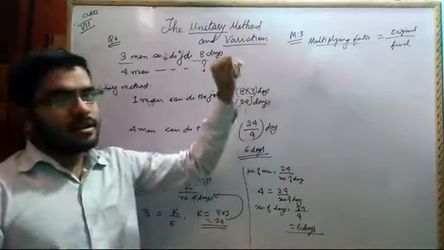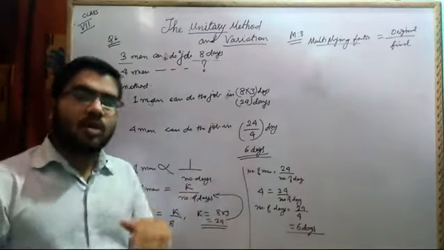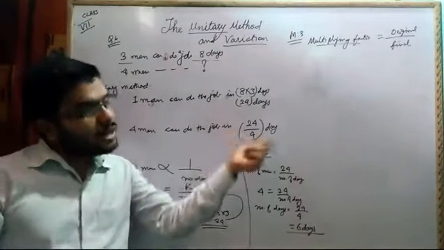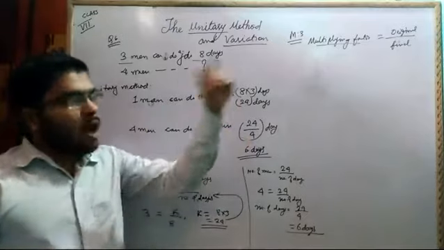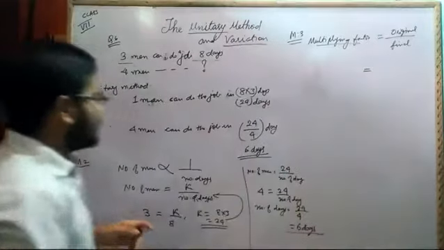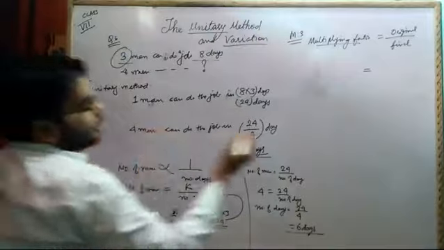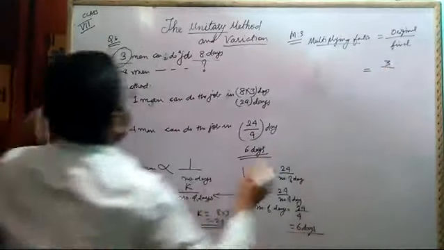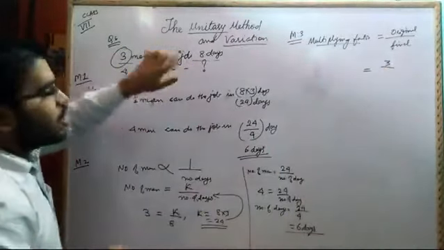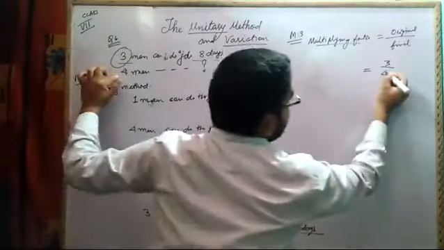Same is the case here. When we go for direct proportion, we go by final upon original, whereas when we go for inverse relation, we go by original upon final. So what will be my multiplying factor? Multiplying factor will be original. What is my original here? 3 men, because we have to take a similar quantity. Men and days we cannot mix. So 3 men is the original, final is 4. So 3 by 4.